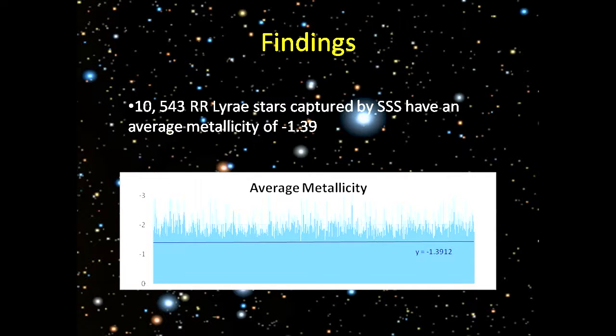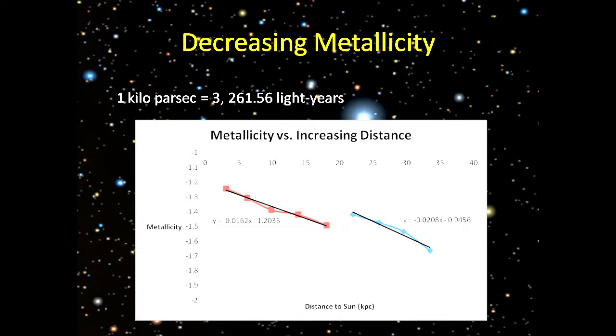So here we have the histogram of the average metallicity. As you can see, it came out to negative 1.39, which means that your common RR Lyrae star has a lower metal content than that of the sun, pretty significantly lower. However, the really interesting part is that as we plotted the metallicities against increasing distance from the sun, which is also just a reference point, really we're looking at the galactic plane,